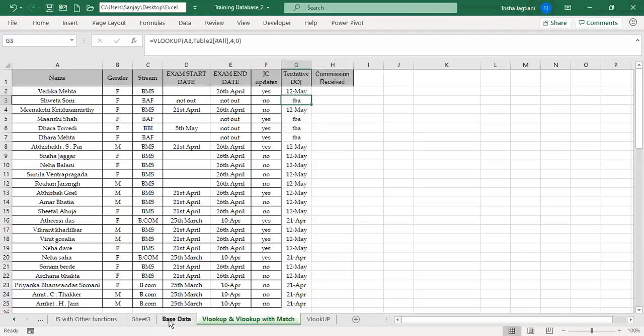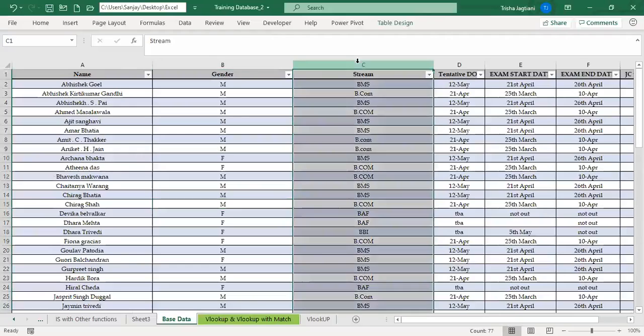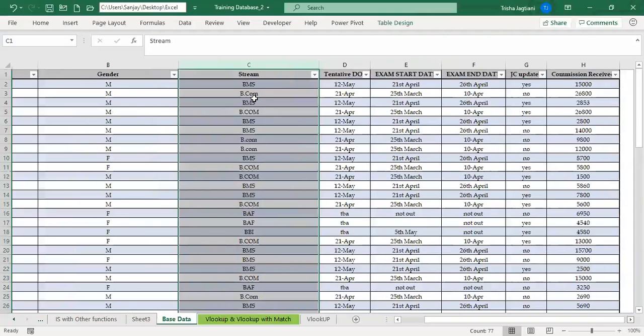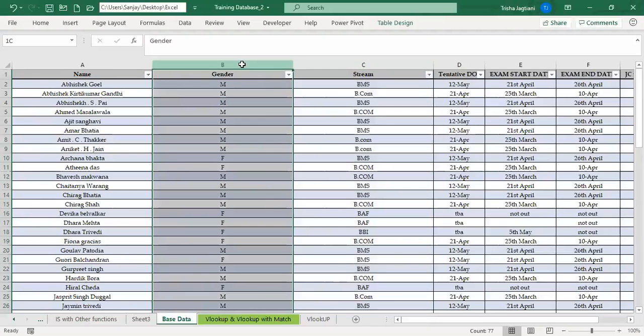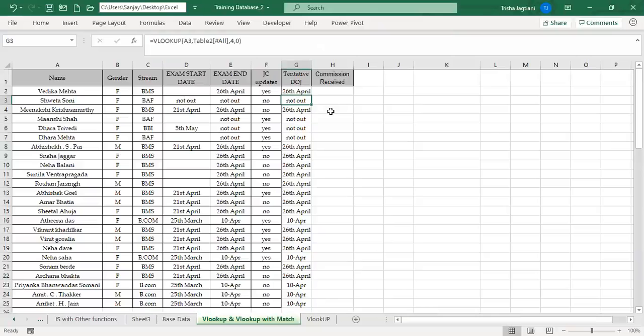What will happen is if I add a new column in the base data or delete one column from the base data, your Excel will still pick up the right answer. It will not give you incorrect information. So for example, if I delete one of the columns from here, you will see that your tentative date of joining is now changing in your Excel, which is giving you the 26th April, which is not correct.